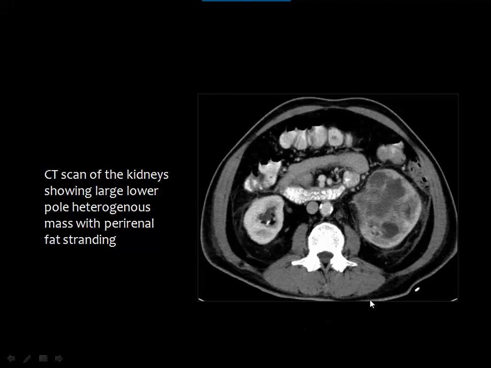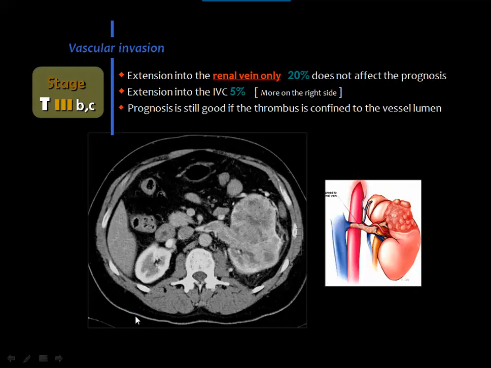And in this case, you see a tumor infiltrating the left kidney with diffuse thickening of the Gerota fascia and the stranding of the perinephric fat. The perinephric fat stranding is not a reliable sign for perinephric fat invasion, but the presence of enhancing nodules around the kidney is important. Then stage 3B and C